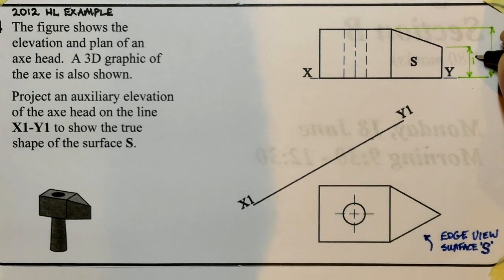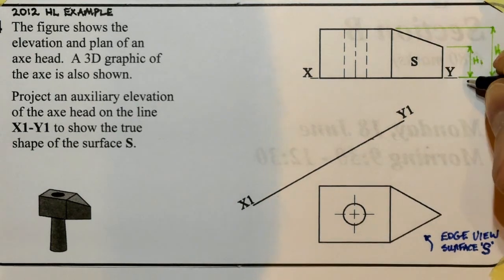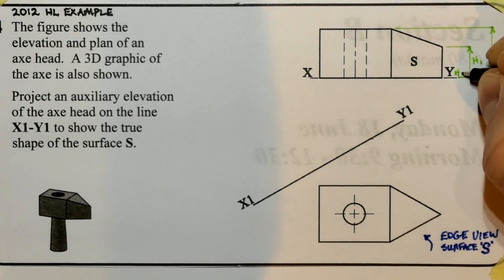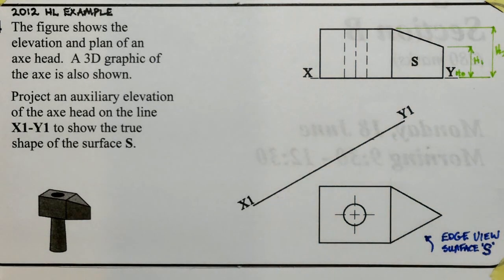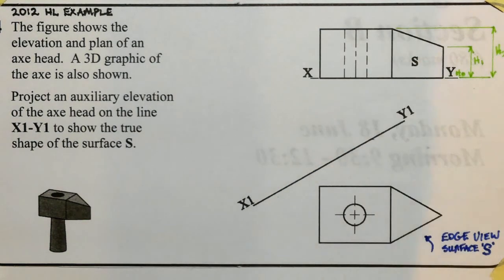I'll call this H1, call that H2. And of course the ground itself, we can call that H0. Now I am just going to reference the heights there,